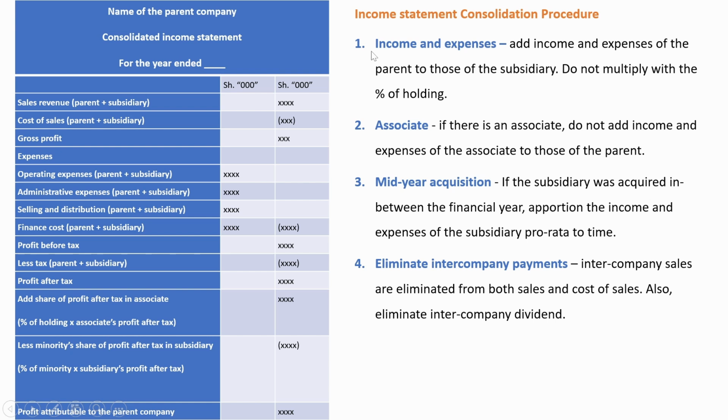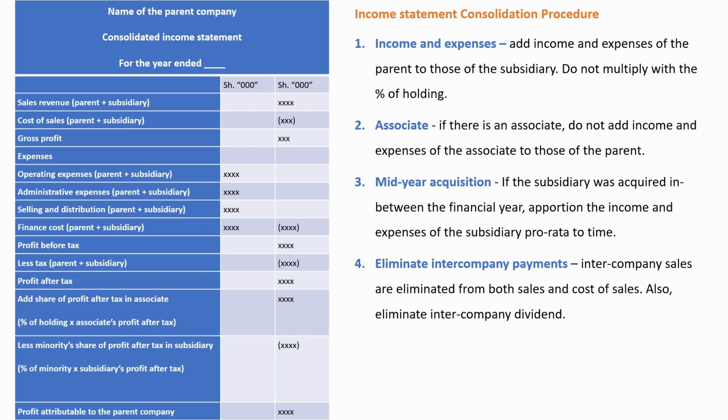So in number one, we say that income and expenses, add income and expenses of the parent to those of the subsidiary. Do not multiply with the percentage of holding. If the parent holds 80% of the subsidiary, do not multiply 80% with the sales, with the cost of sales, expenses of the subsidiary. Take 100% of income and expenses of the subsidiary and add them to those of the